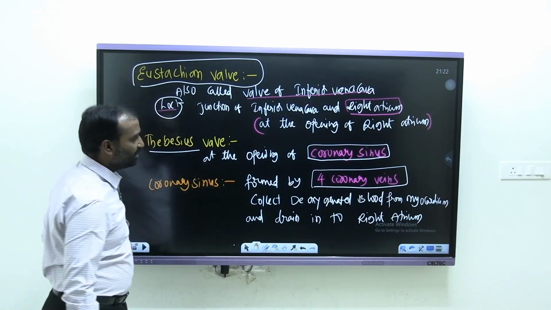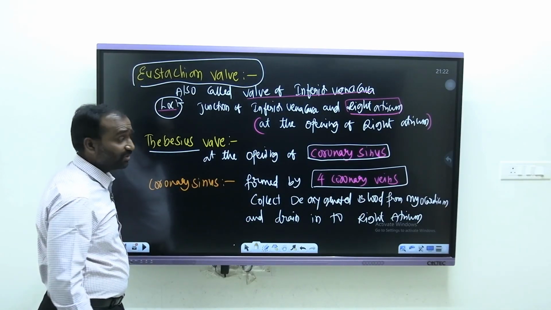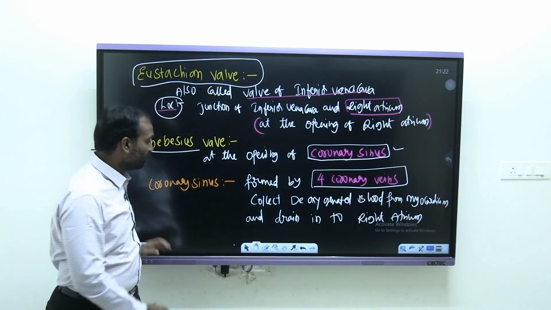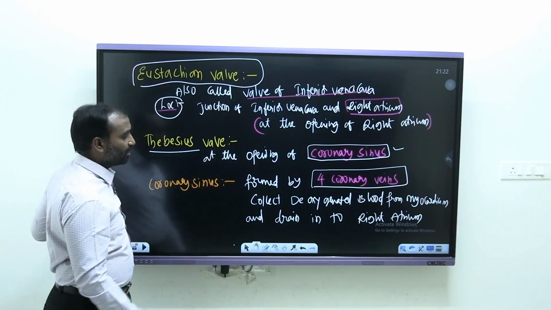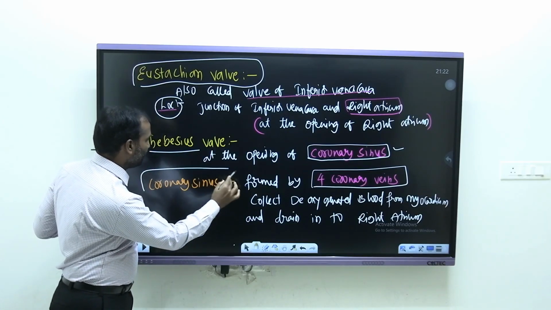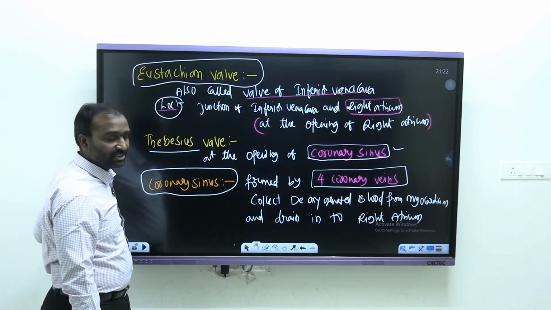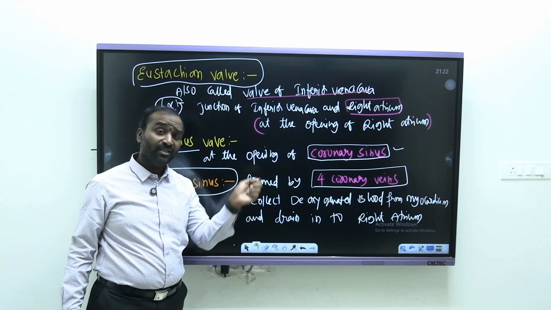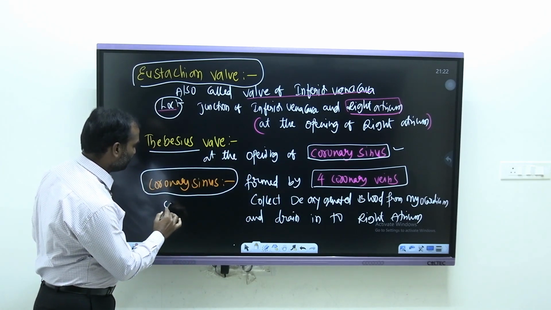And one more is the Sebaceous valve. Okay, so this Sebaceous valve is at the opening of the coronary sinus. Here sinus, and one more word we have, sulcus. So we'll get back. So first one, coronary sinus, which is a vessel formed by 4 coronary veins. And apart from that, we need to discuss what? Coronary artery,